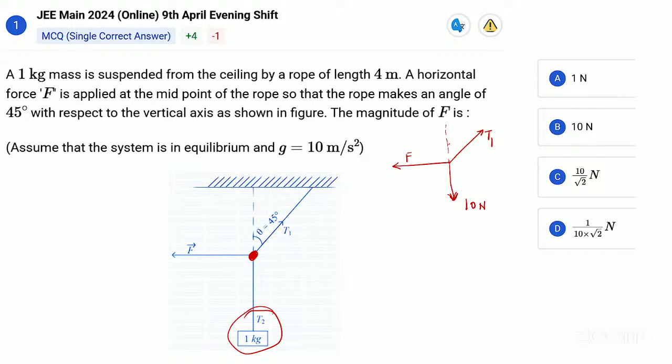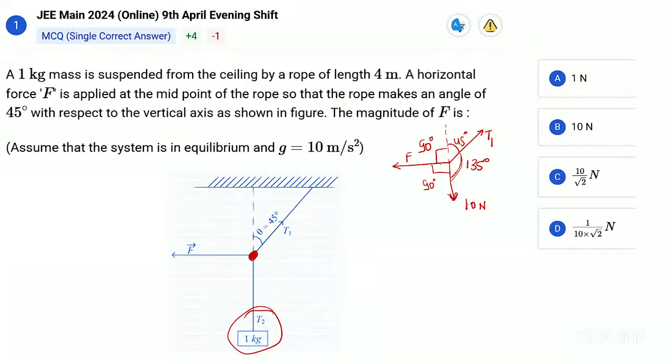This angle is given to you as 45 degree. ठीक है ना? अब देखो ये एंगल कितना होगा भाई, ये एंगल 90 हुआ, तो F और T1 के बीच का एंगल मुझे पता चल गया कितना, 135। सिमिलरली ये एंगल भी कितना है, 90 डिग्री। ये टोटल एंगल कितना है, 180 डिग्री। 180 में से 45 माइनस करेंगे तो यानी 135 डिग्री इज दिस एंगल।